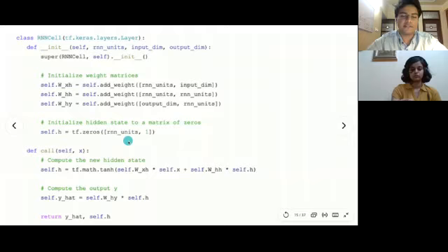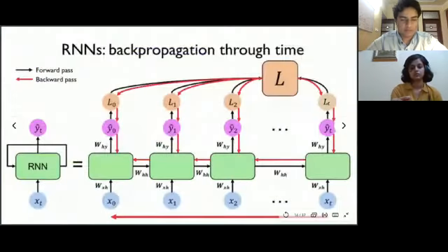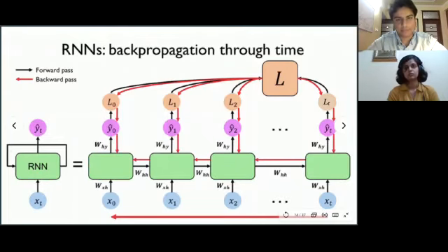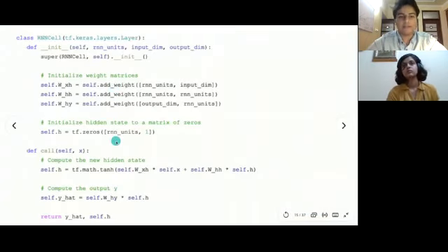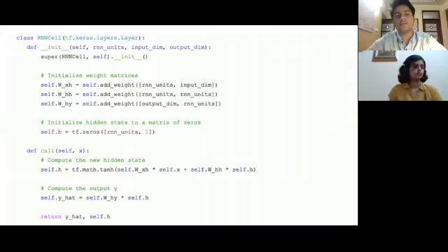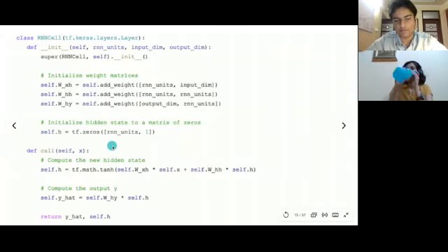And now coming to the hidden state. If I just go back to this diagram, you can see that each recurrent cell is getting a hidden state from its previous recurrent cell. But for the first one, it doesn't have any previous hidden state because it's the first time step. So we need to initialize our hidden state to a vector of zeros. And that's exactly what we do. Now, there's some debate as to whether you should initialize it to zeros or to random values, but researchers have found that it works best when you initialize your hidden state to a vector of zeros.